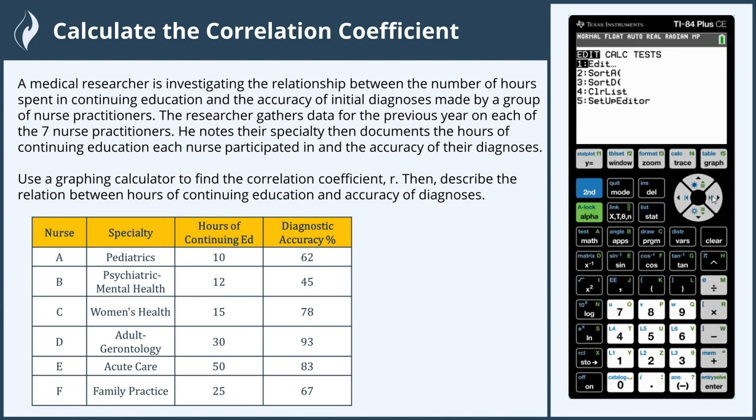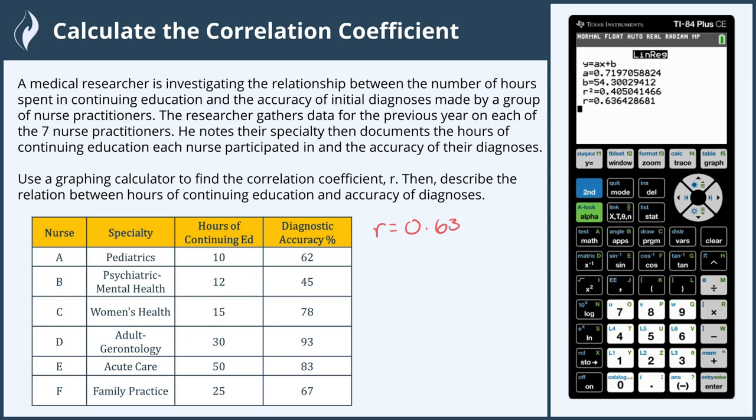Then we can go calculate our linear regression once again by pressing 4. And then our lists are already set up, so then we can press calculate. And now we have the correlation coefficient. So let's go ahead and write that down. Our correlation coefficient R equals